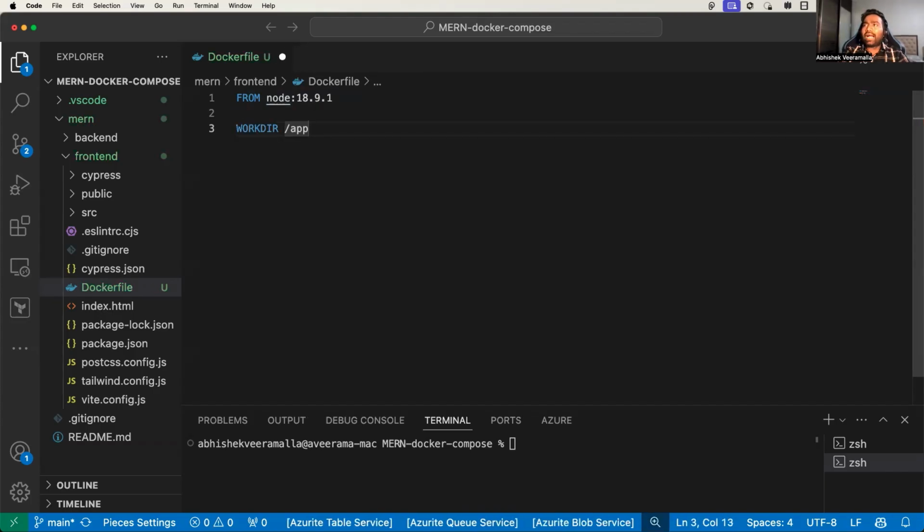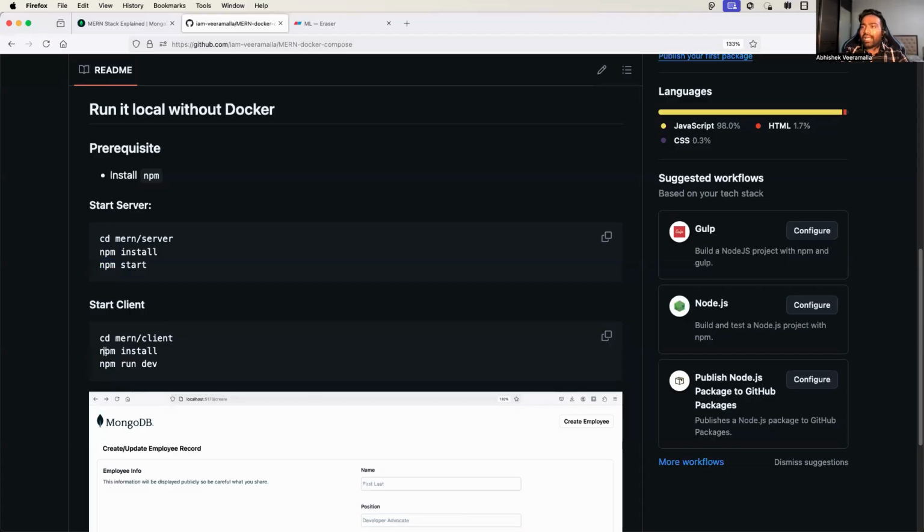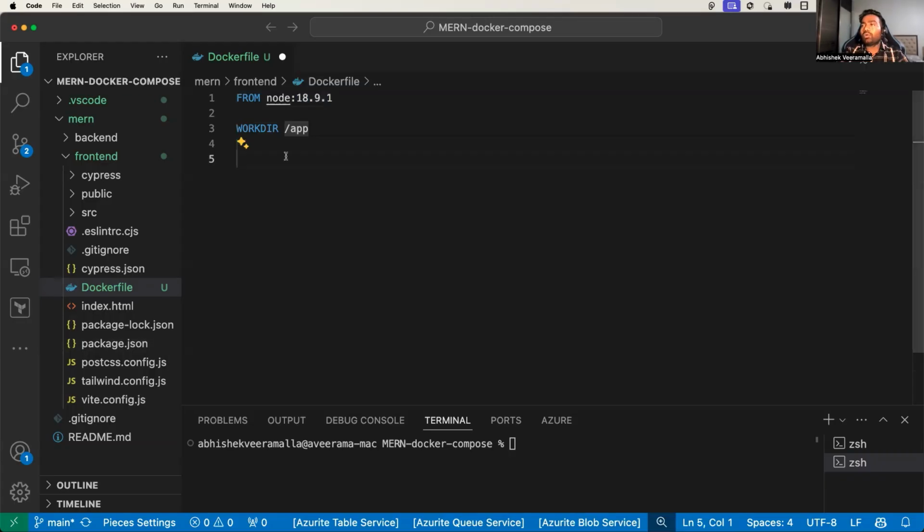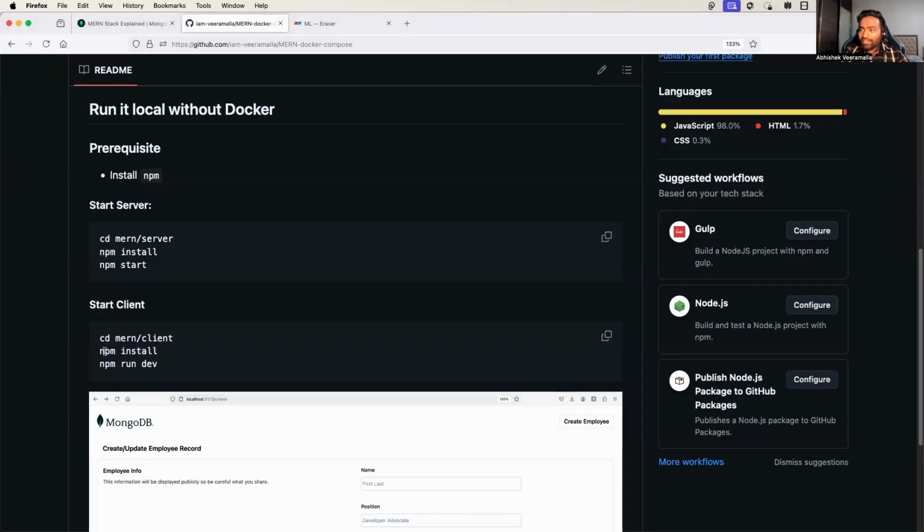So I will select app as the working directory. What does a work directory do? Everything that you are going to do hereafter is going to be implemented in the app folder. That's it. So before running npm install, what you will do is copy the package.json, because how will